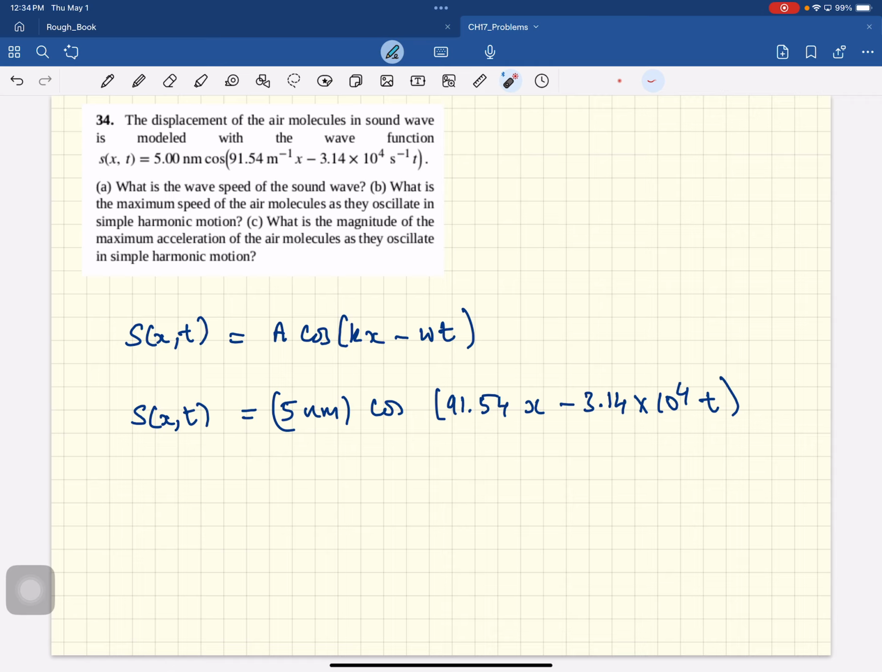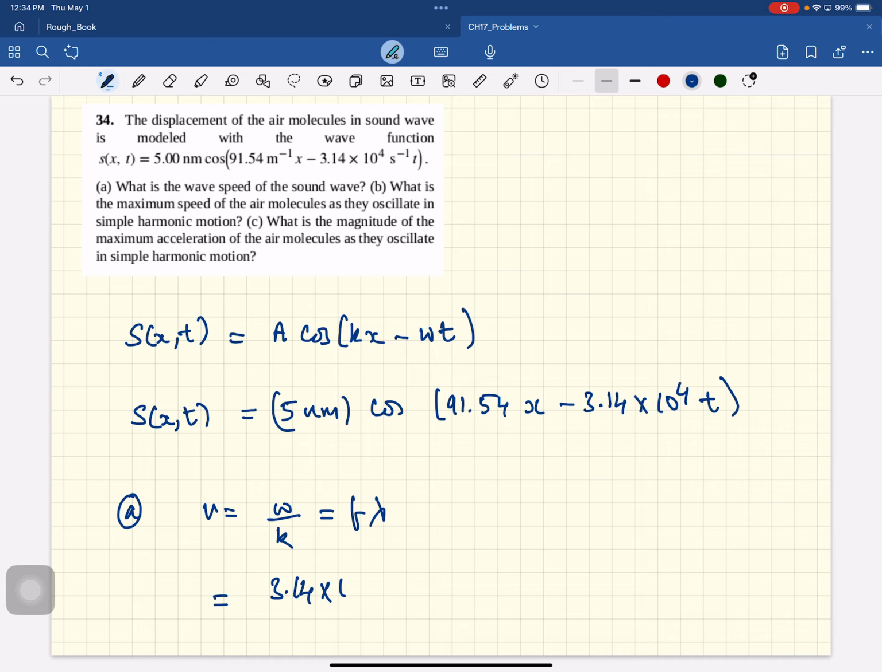All right, so anyway, what is the wave speed of the sound? What is the maximum speed of the air molecules? What's the magnitude of the maximum acceleration as they oscillate? So we'll have to find all of that. What is the wave speed of the sound wave? The speed of sound is omega over k, frequency times lambda. Since we know omega and k, the wave speed is